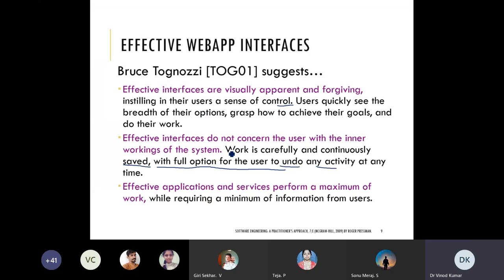You can observe this effectiveness in websites when you are submitting a page, or applying for some post, or making a registration. What is the good way?